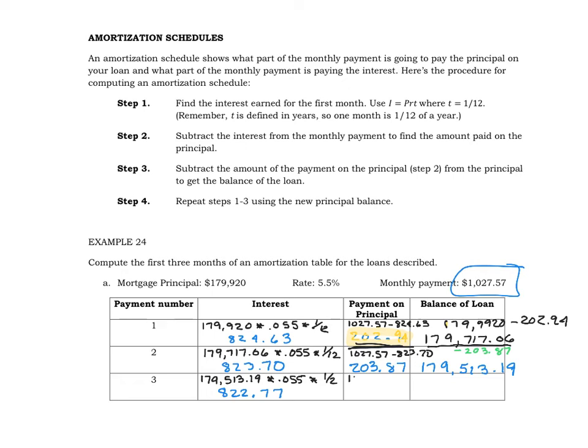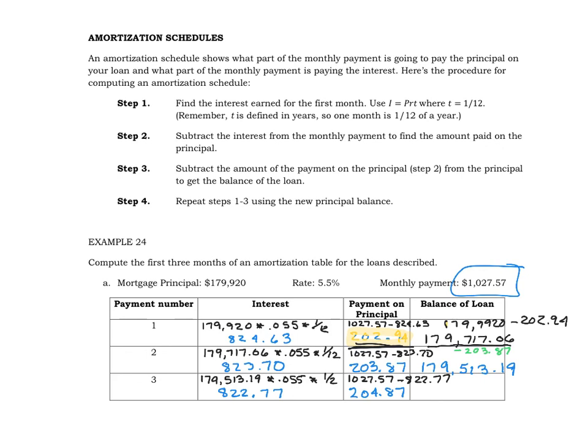And so our monthly payment is $1,027.57, and I'm going to subtract the interest from the monthly payment to find the amount paid on the principal. So the $1,027.57 minus the interest, $822.77, gives me $204.87. So remember, step 3 was to subtract the amount of the payment on the principal from the previous principal